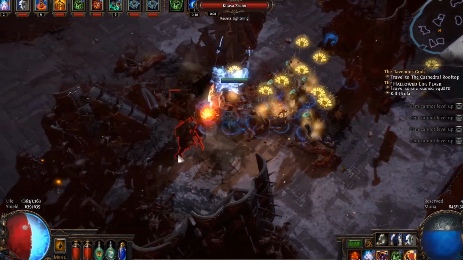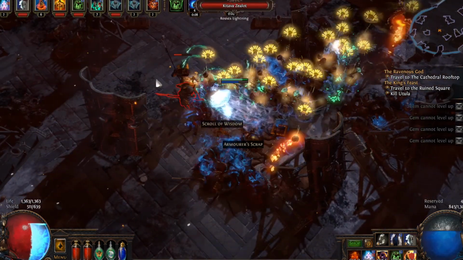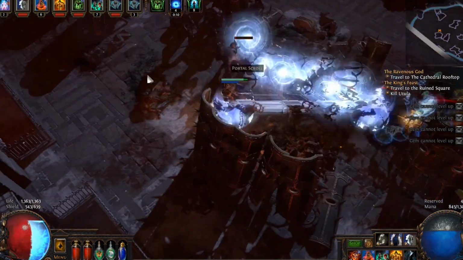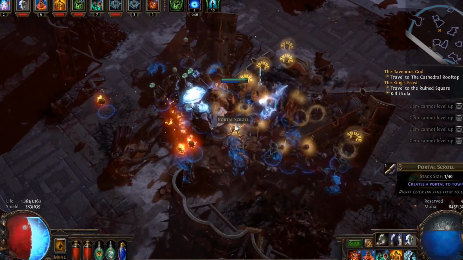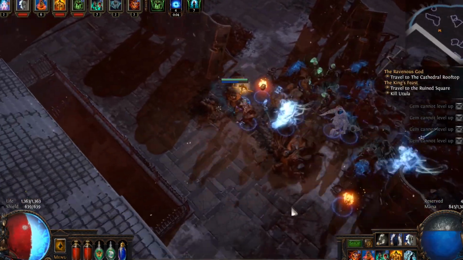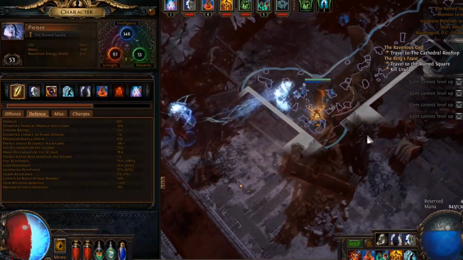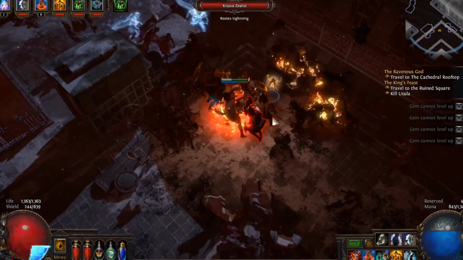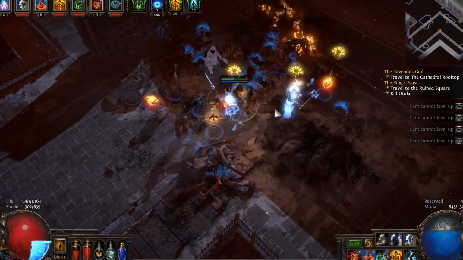Just here to stop a ritual of some kind, I think. So we're about to actually level up here again shortly. Just put us at 54. I actually took a little bit of damage there. I don't know how, but...